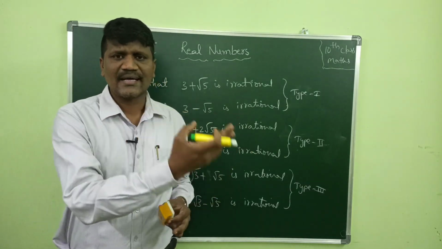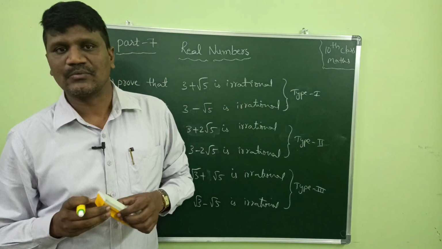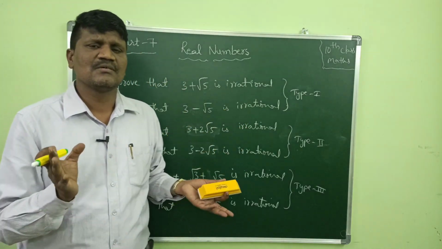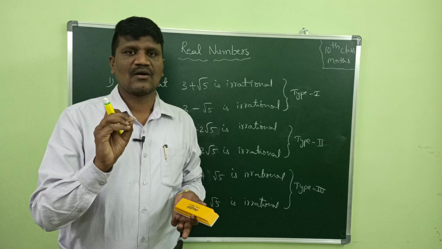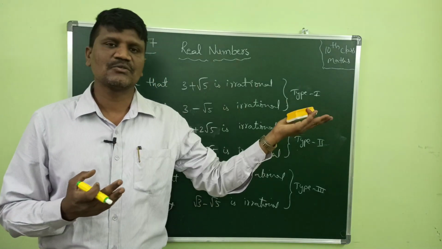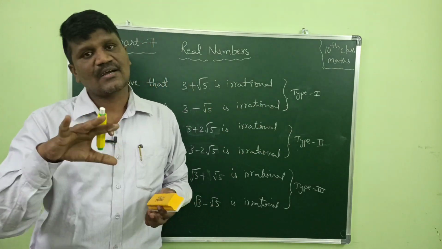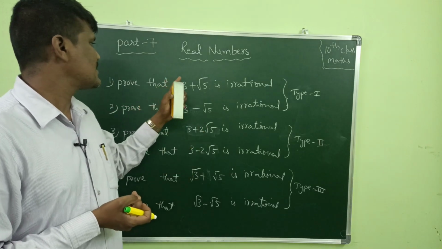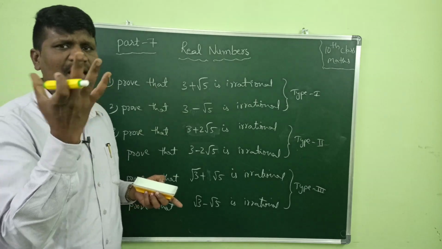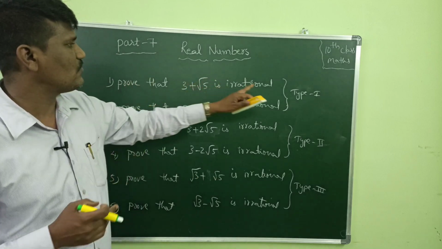And I am also going to attach the previous year problems that you can solve on your own. Okay, now let us see the first problem. All these problems we are going to do by the contradictory method. As you know what the contradictory method is. If not, go back to the previous video, part 6, and you will understand what the contradictory method is. All the problems use the same method; only some calculation parts differ, the remaining is the same. Now let us see the type 1 problem.